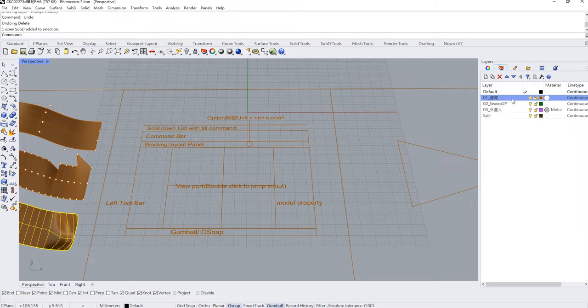Usually, we will use the layer management to control our model. So I will teach you guys how to use this one later. But anyway, you can use the layer to change the